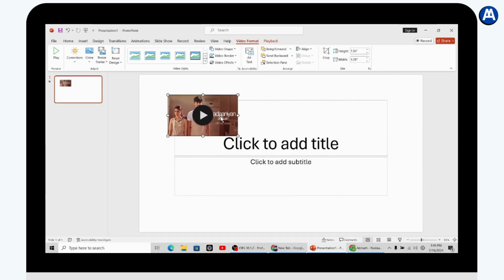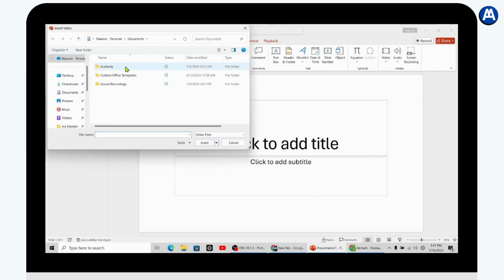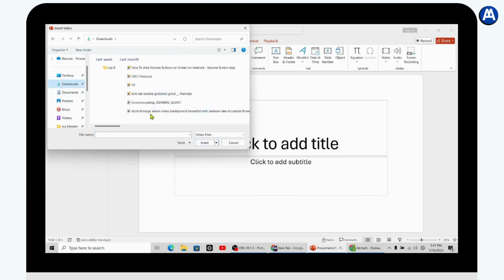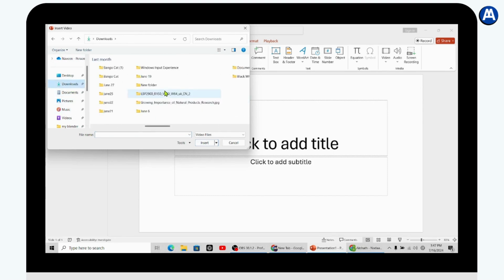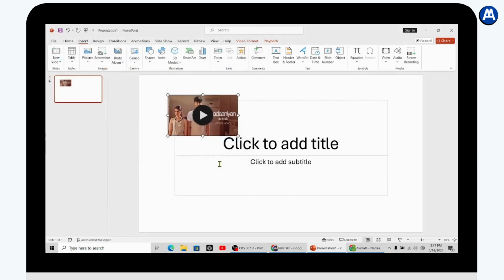But if you want to add a video which is present in your laptop or your PC, then again go for insert, go for the video and go for this device, and you can choose it from your device. So you can simply go for anywhere where you have the videos and you can select the video and you can click on insert and your video will be inserted. So that's how you can add